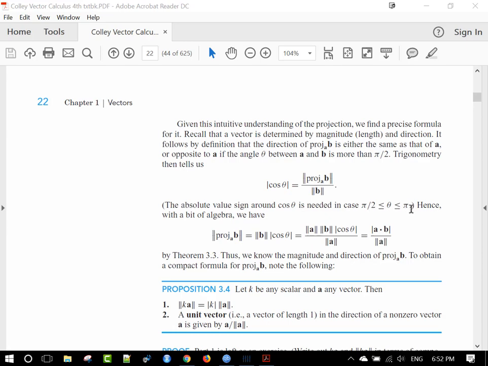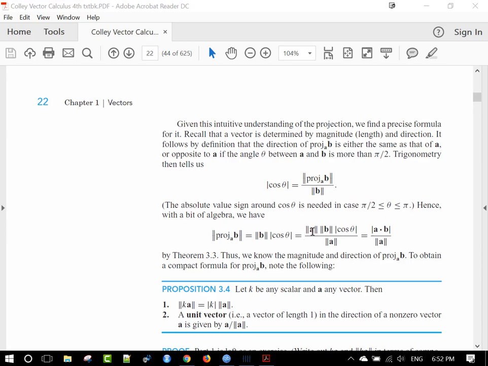Now, if theta is greater than 90 degrees, the cosine is going to be negative, but this won't give you a negative. These are both positive numbers, so this is only going to give you a positive over a positive. So we have to put the absolute value signs around this in order to take care of that case. So then we can bring this b over to here, so we get this, and then